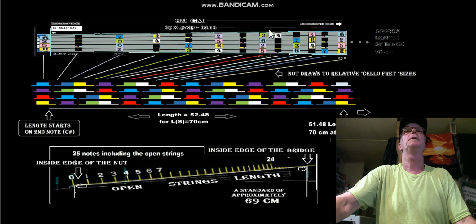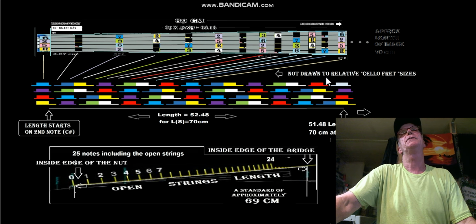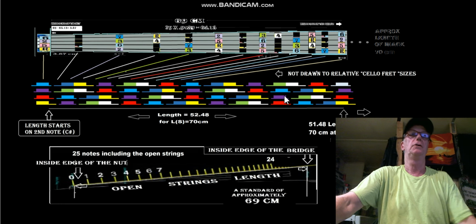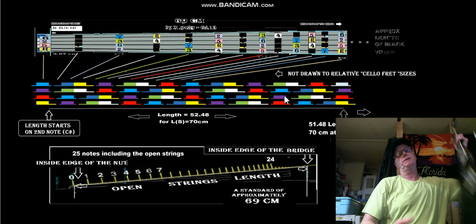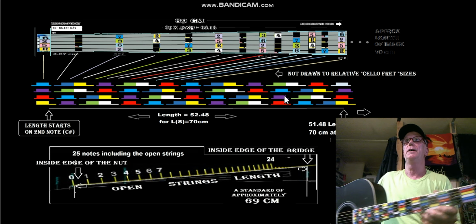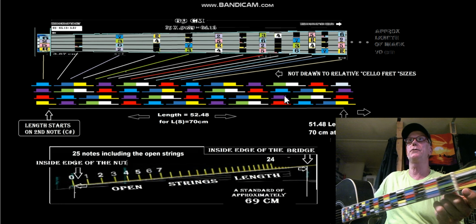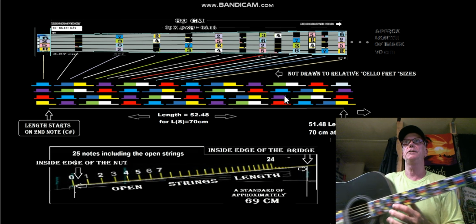One thing I do want to mention is that this has to be proportioned for the instrument. And it's going to look something like this. In other words, longer notes down here and shorter notes up